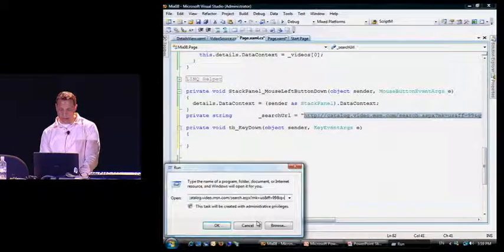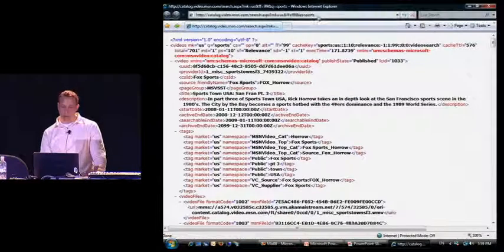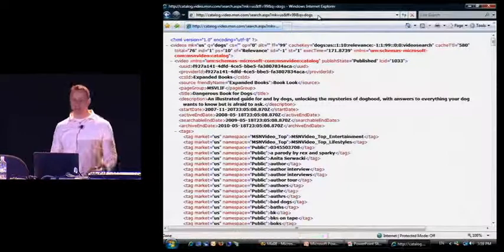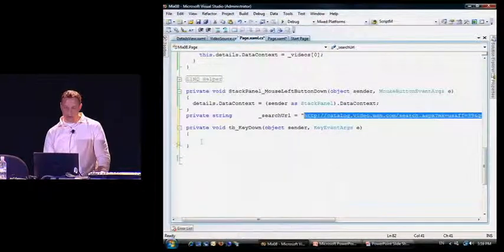So if I run this, I just give it a search term here like sports. Run it, and the Q equals sports. That determines the content I get. So if I do dogs, I'll get data. But you see the data is returned in the exact same format, which is great for this demo because all I have to do is